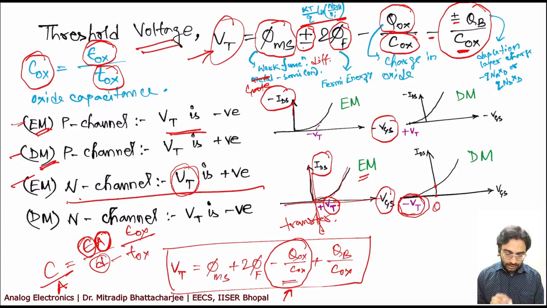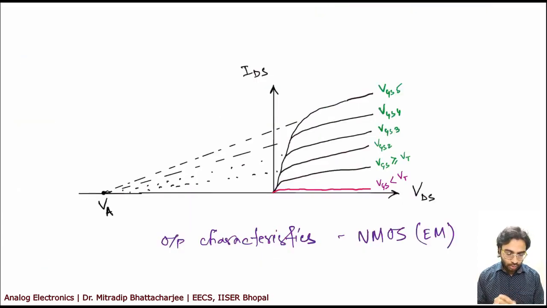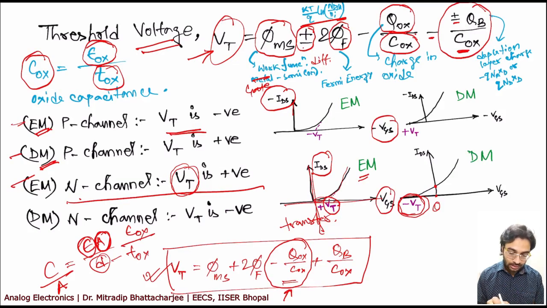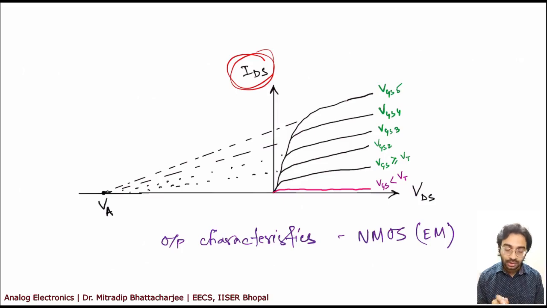So this is more or less what Vt is all about. Now if you look at the IDS versus VDS curve, what is this? This one is output characteristics, because IDS is output current and previously it was VGS, which is input, so it was transfer, but in this case both are output, so we have output characteristics. Now if you see,